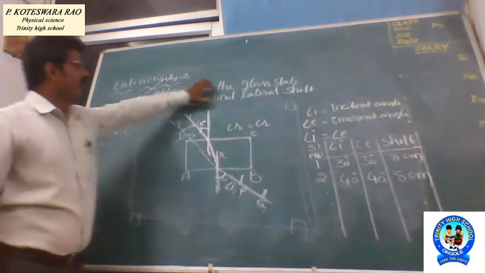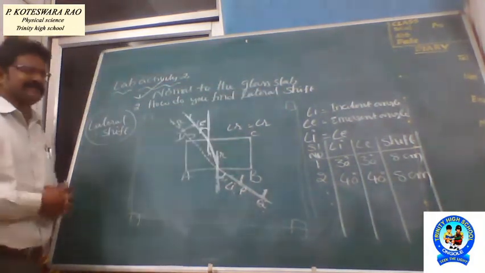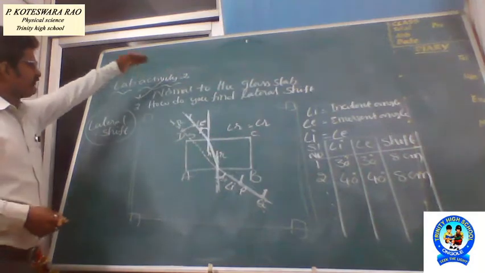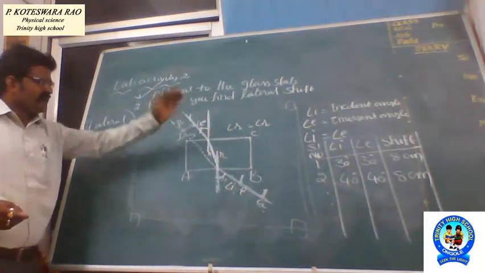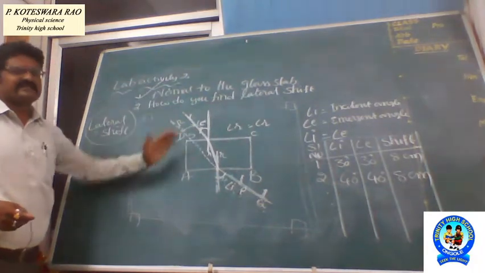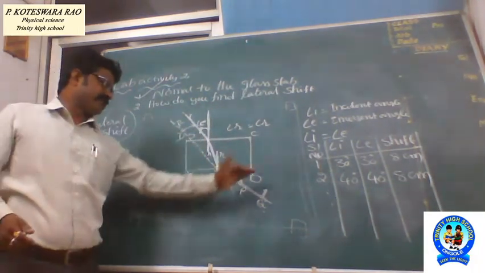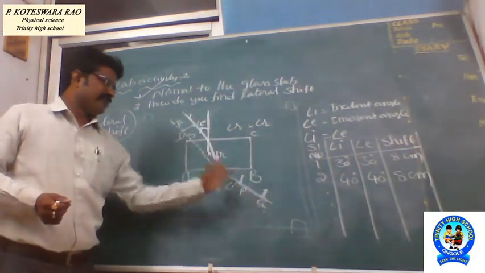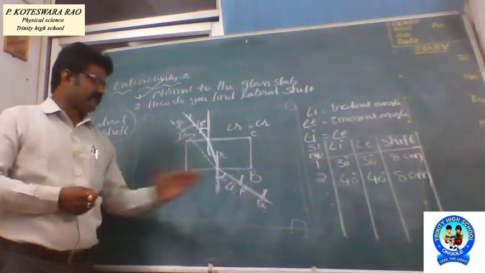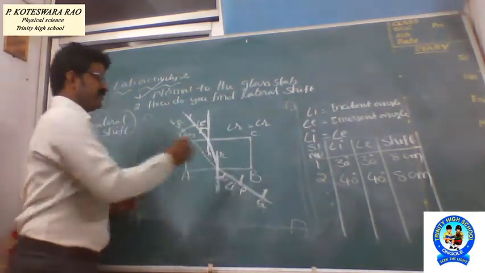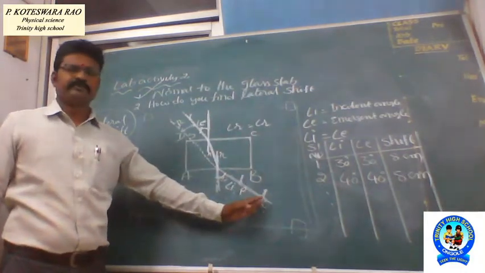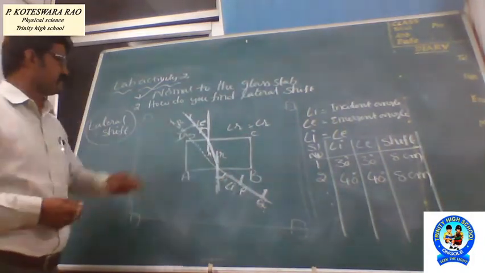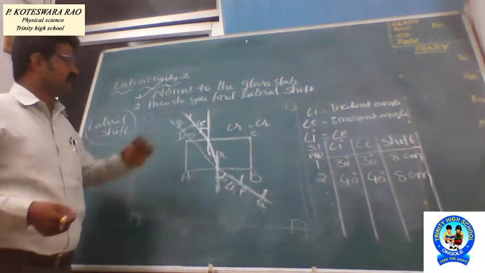And finally, how do you find the lateral shift? With the help of the glass slab. First of all, we already found a normal to the glass slab, so half of the question is there. The remaining is that we draw one perpendicular line to that AB, and with the help of the protractor draw one incident light ray at a 30 degree angle, and fix two pins here, P and Q. Then after placing the glass slab, we observe these two images formed at R and S.